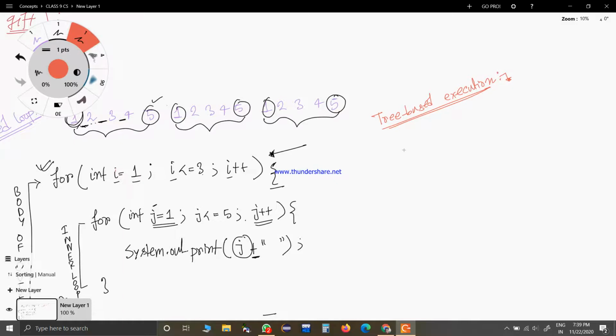And what we'll be doing here is a dry run, which is a very important method in programming.